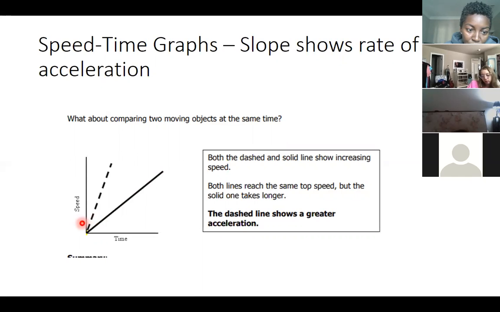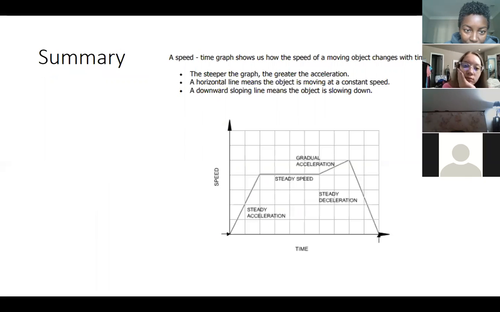So this one must be accelerating faster, okay? All right. So steady acceleration, steady speed, increase in acceleration, decrease in acceleration, okay? All right, not a trick question, but